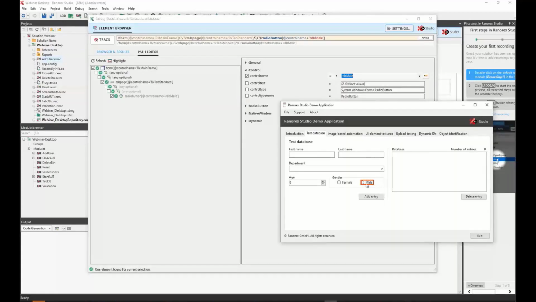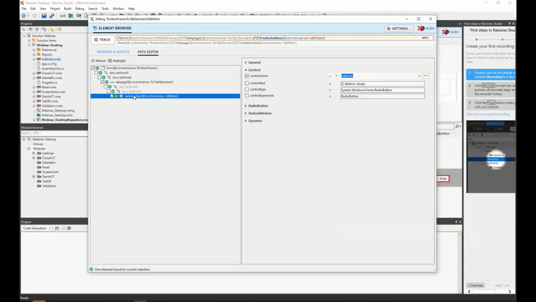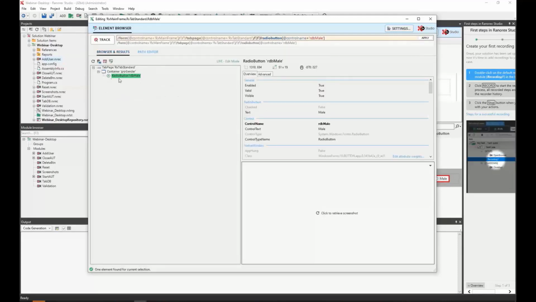Okay, so it did find this object that we're interested in. Now, Ranorex creates a path to this object starting here at the parent. If you go to browser results, we can see the full path to this object. It's fairly simple, 3 paths. Starting at the parent, Ranorex puts in wildcards, whether they're question marks, and this is saying in the future there may be 1 or 2 more relatives to this object,